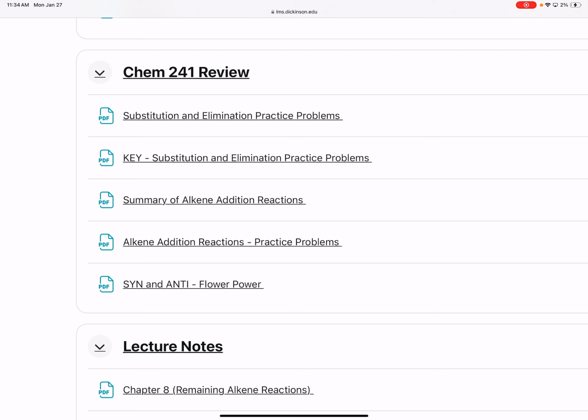I'll still come up with a time where we can go through some of these problems and the alkene practice problems. I do not have an answer key for the alkene addition problems yet, but I will get to that sometime today or tomorrow. Then I also have the handout that I was telling you